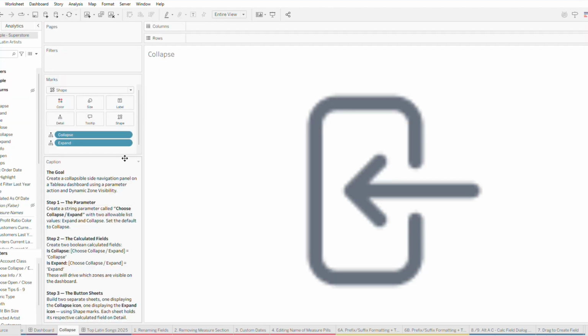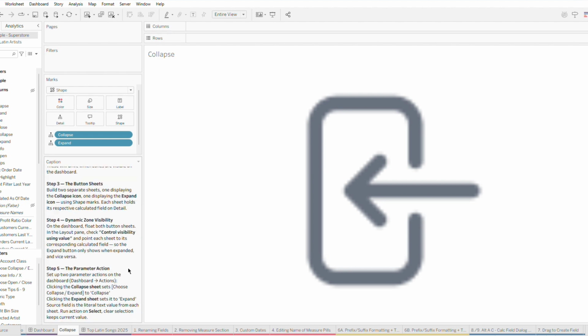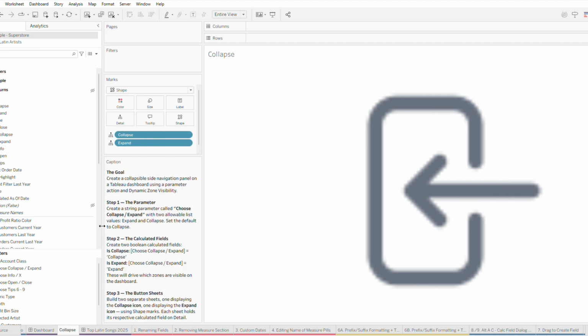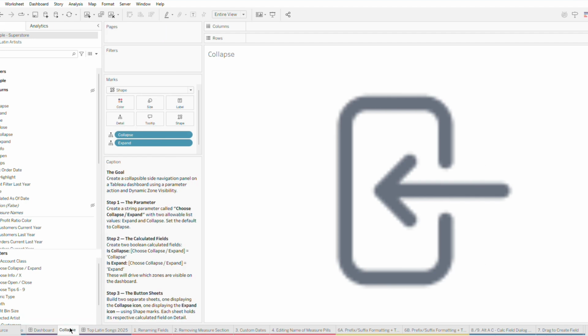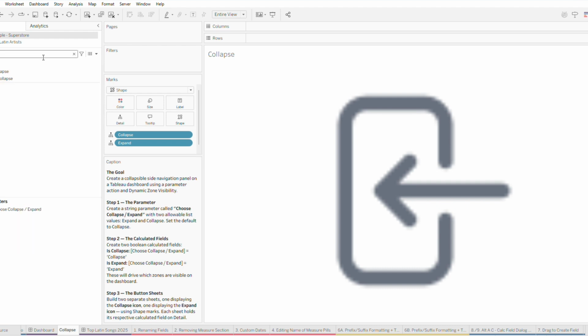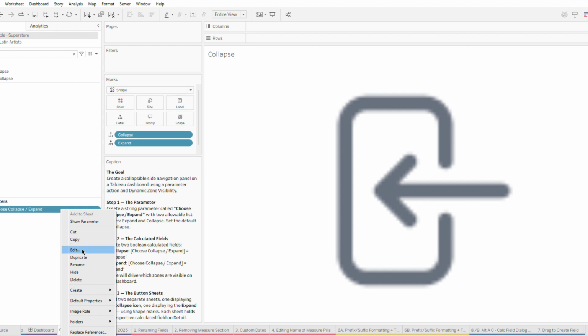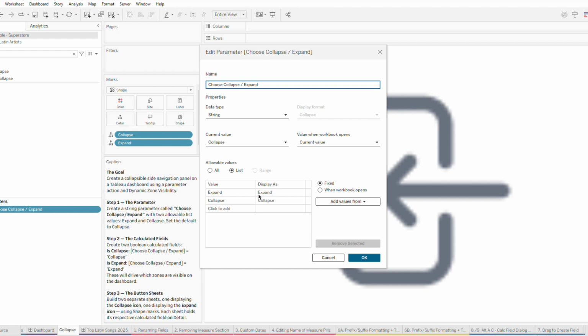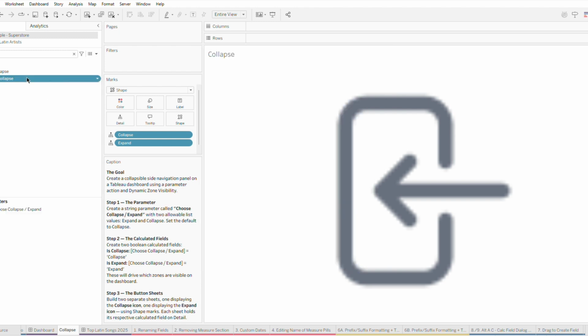People can access this workbook, my Tip Battle TC26 final workbook, on my Tableau Public, where they'll have access to these instructions. But essentially, I have two worksheets, one collapse, one expand, with collapse and expand icons. I'm going to come in here and show what are the elements of this interactivity. So I have a parameter, a string parameter that essentially has expand and collapse as text here. And then I have